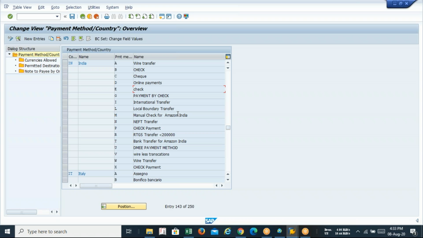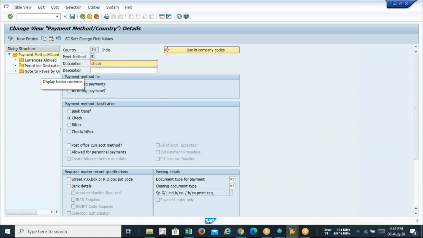Guys, this is not a check. This is not a negotiable instrument check. This is a payment advice, you can say, because the spelling is not CHECK as in the check payment you use in daily life. Here the check means the payment advice. So E in your server will be the default. So double click on it. You just check it once. If you find this option ticked, you just untick it. Deselect this option.